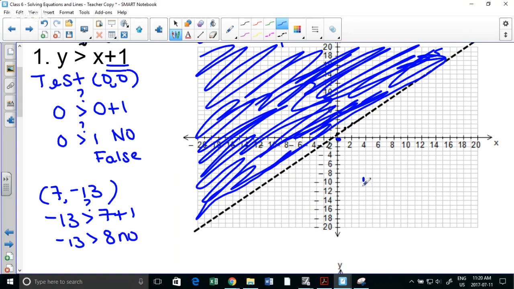How do I graph my line? This is y equals x plus 1. So I have to graph the line y equals x plus 1. There are different ways to graph. You either do the y-intercept and go with your rise over run for slope. Or you can graph 2 points. So here I have 0, 1.